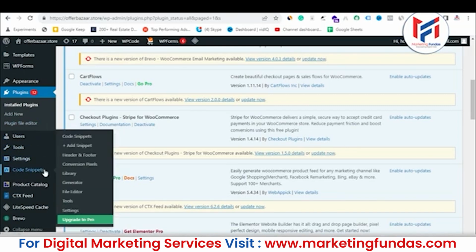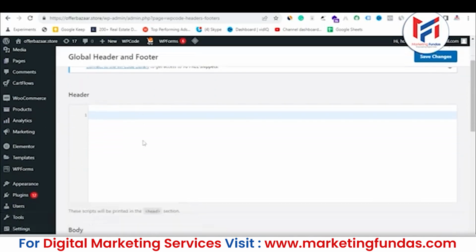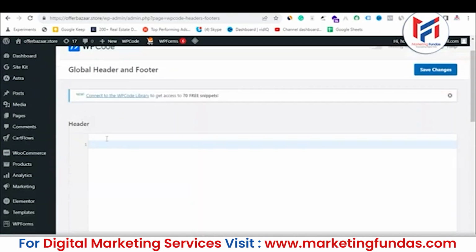Now click on the header and footer option. When you hover your cursor over here, you will be able to see header footer. So directly click on header footer, and now here you see the header option and the footer option. If you paste your code here, let's see,